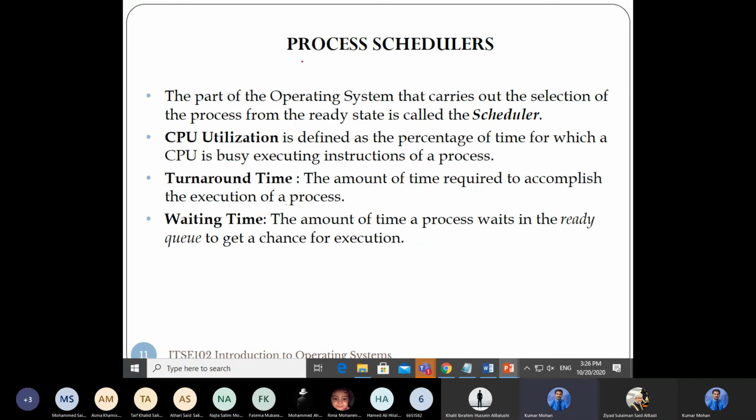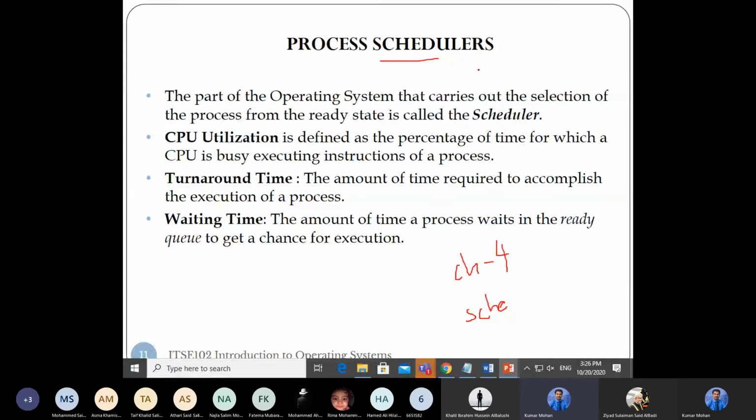Okay, how is process scheduling done? We have the process scheduler. In chapter 4, we are going to study a topic called scheduling algorithms. For that, you have to know what is meant by process scheduler. Schedule means, what is the general meaning of schedule? When you want to execute and where you want to execute, right? When and where, that is called a schedule.